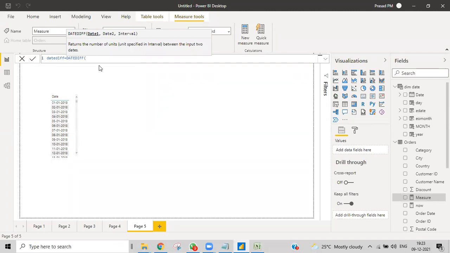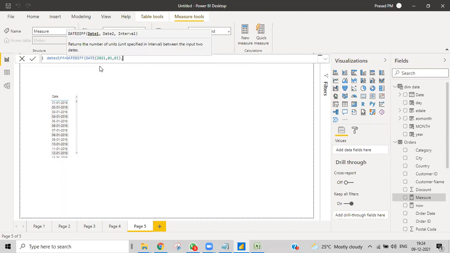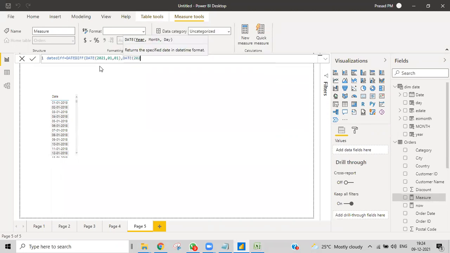How can we give a raw date? We have the DATE function, and in that 2021, comma, 01, comma, 01. And afterwards comma, again DATE. I'm just trying to hardcode the date 2020, and then 01 comma 01.